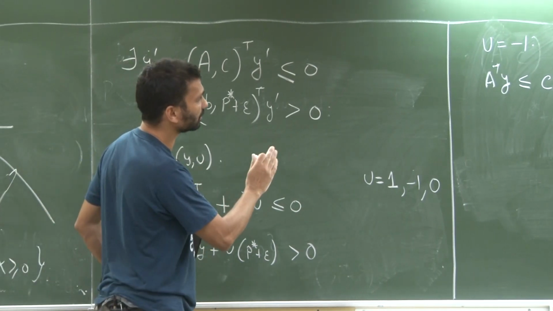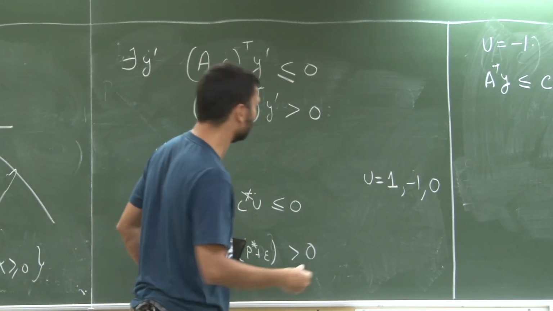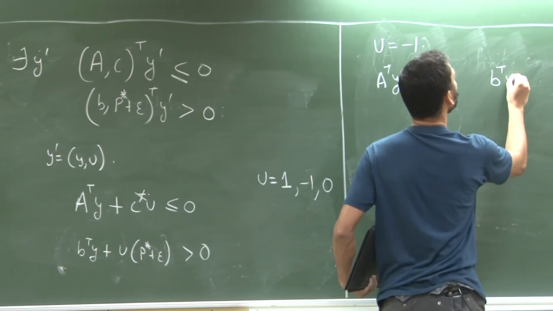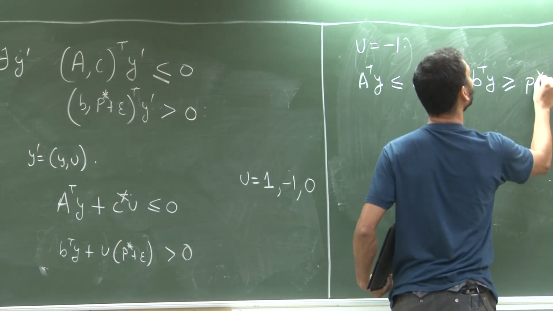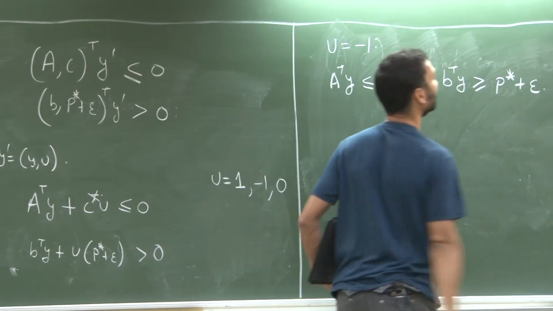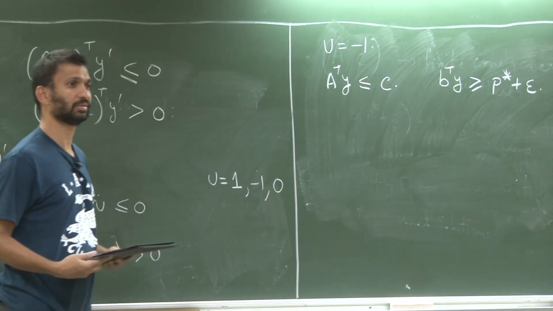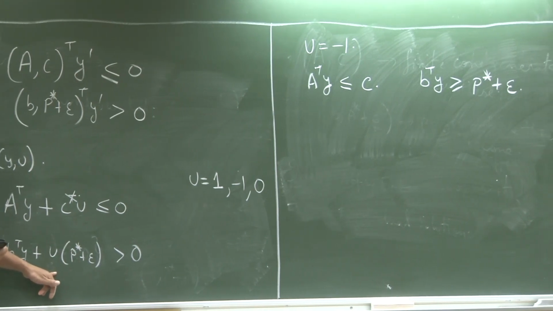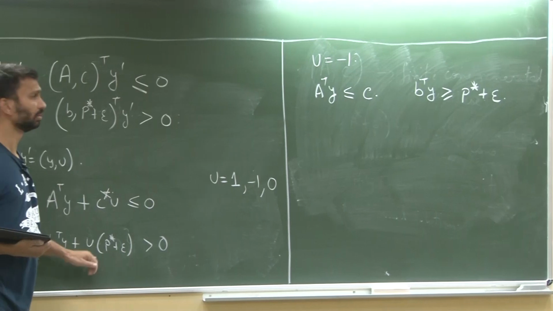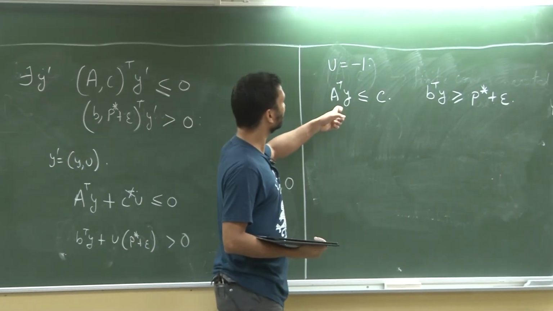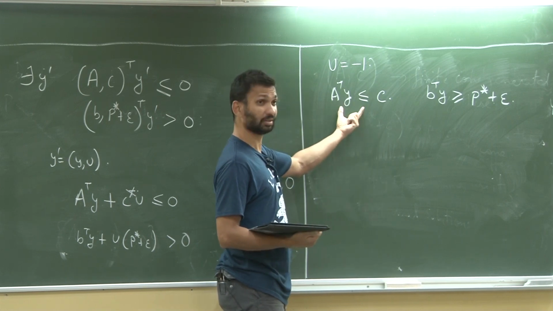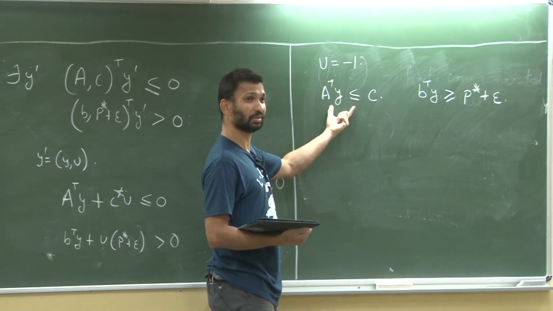So A transpose Y is less than or equal to C, but from here, B transpose Y is greater than P star plus epsilon. Correct? This is dual feasibility, but